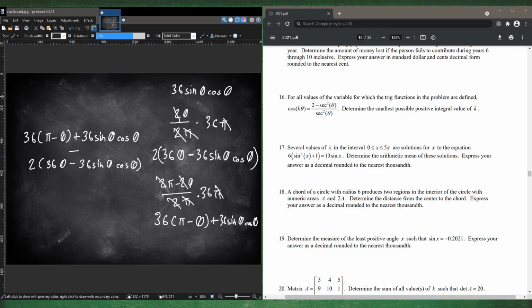Then you can plug this into your calculator as, let's say, your function f of x, and just find the 0, because these two are exactly the same amount. So if you subtract, you should get a 0. So you just need to look for the 0 in this graph, and then you should get what theta is in your calculator, which is somewhere around